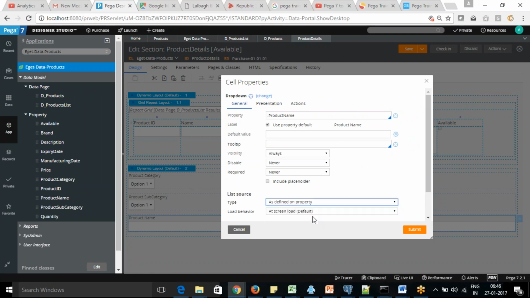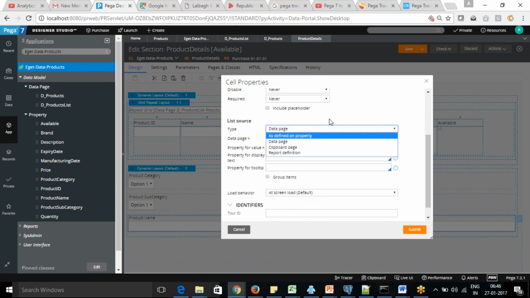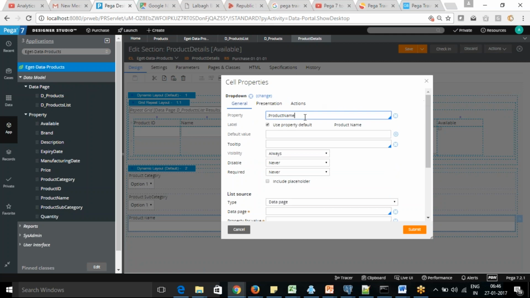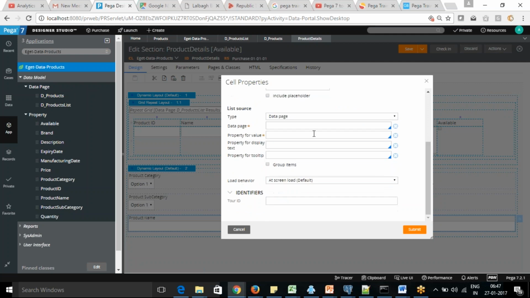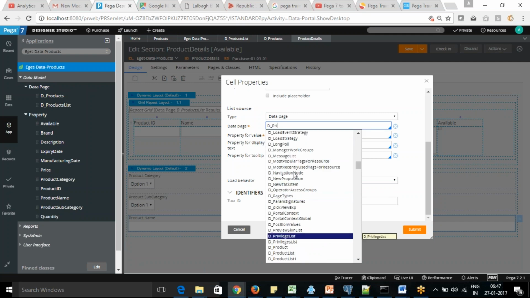And there also I'm making it a data page. So here I can go with the property type product type. Okay, so here I'm using a different thing. It will display the product name, but behind the scenes it is going to map to the product ID.